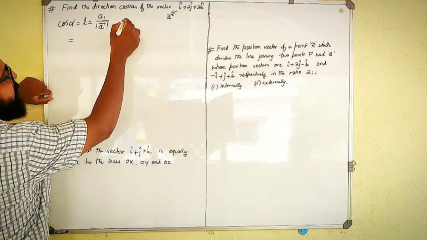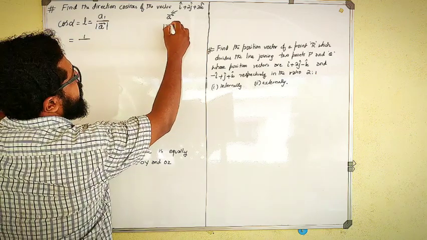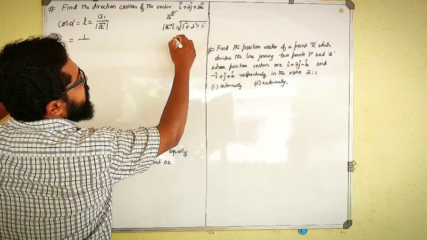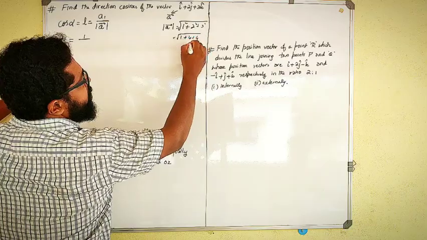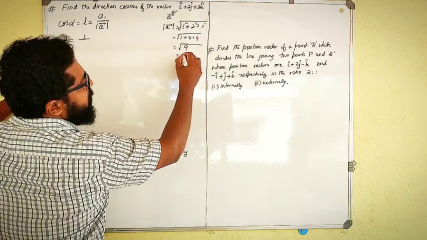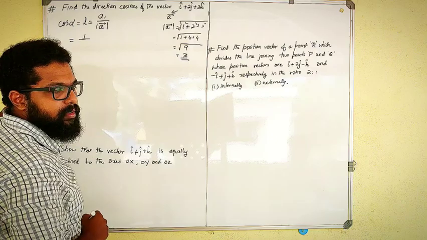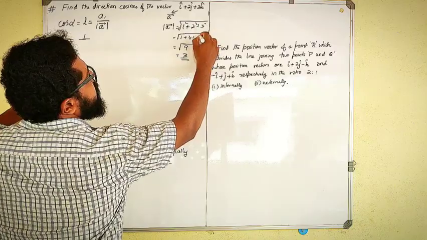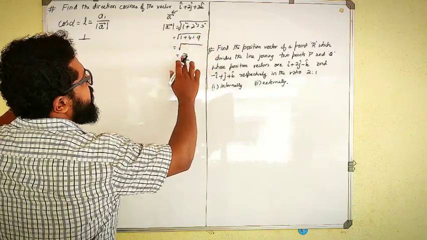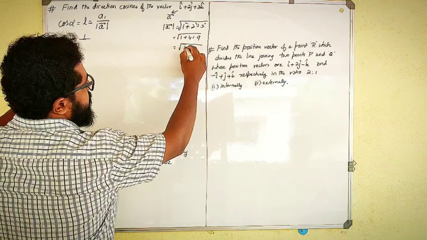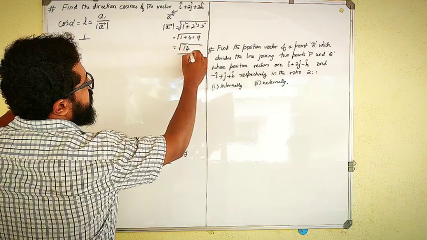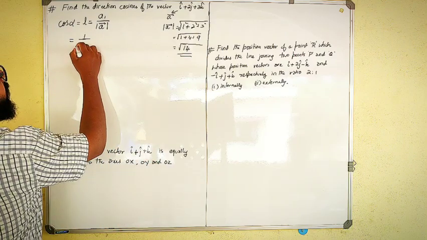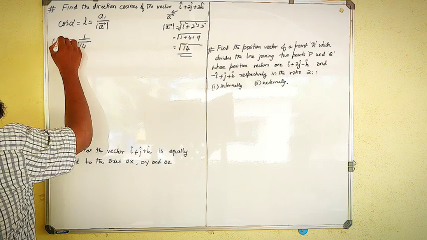So A1 is 1. I have to find out the magnitude of A vector, that is root of 1 plus 2 square plus 2 square, which is 1 plus 4 plus 4. How much should that be? 9, correct? Okay, sorry, this is 3 square. So this is 9. So how much is this? 9 plus 5, 14. So root 14. It cannot be simplified, no? Let it be as it is. So 1 by root 14 is my first direction cosine.